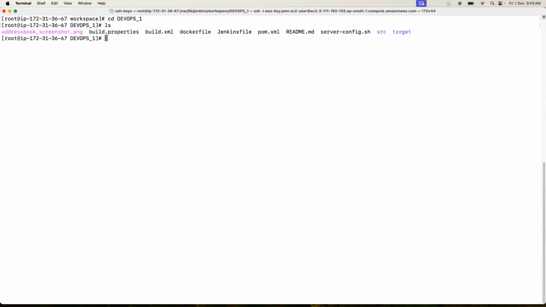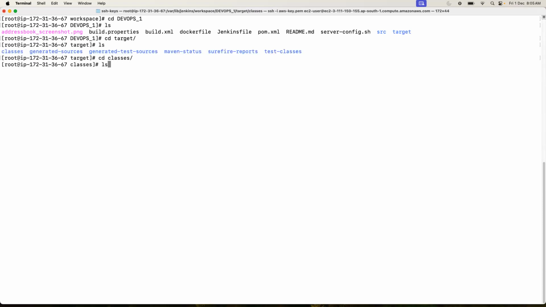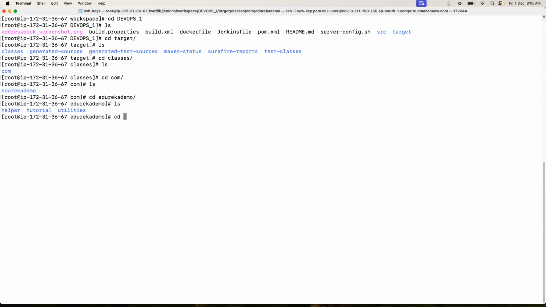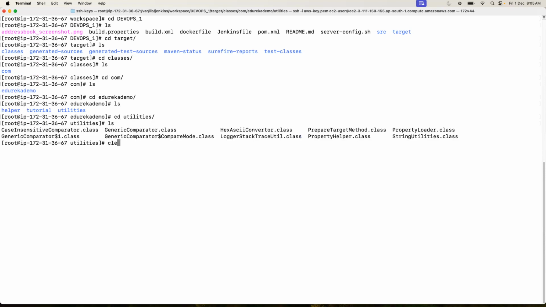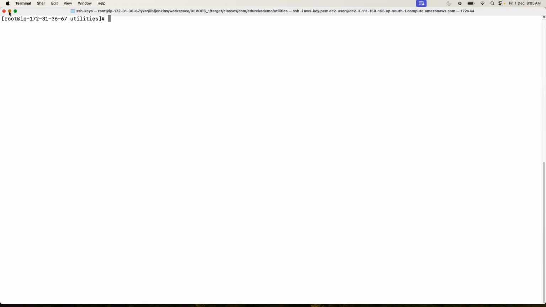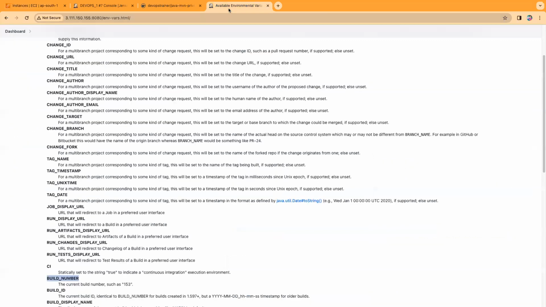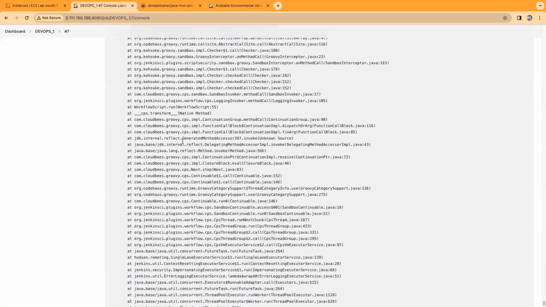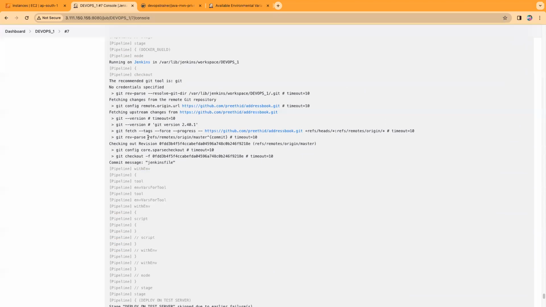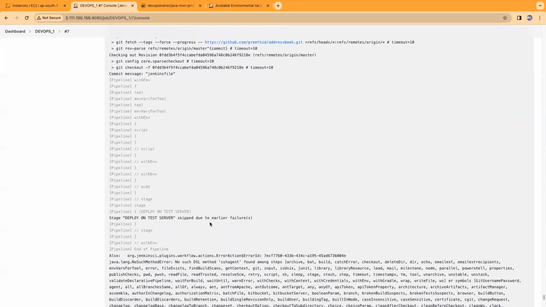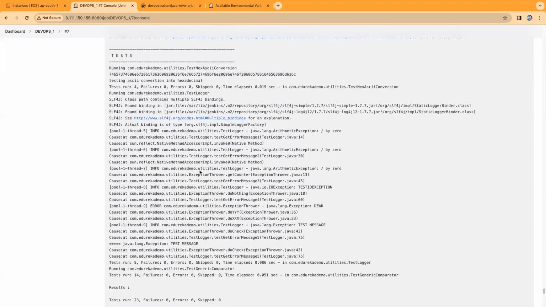Right here is where you have src. Sorry, under target, classes. This is where it should compile. Yeah, this is where it has compiled. Let's see. Somewhere it failed again. So deploy and test server script due to earlier failures, but before that, where is it